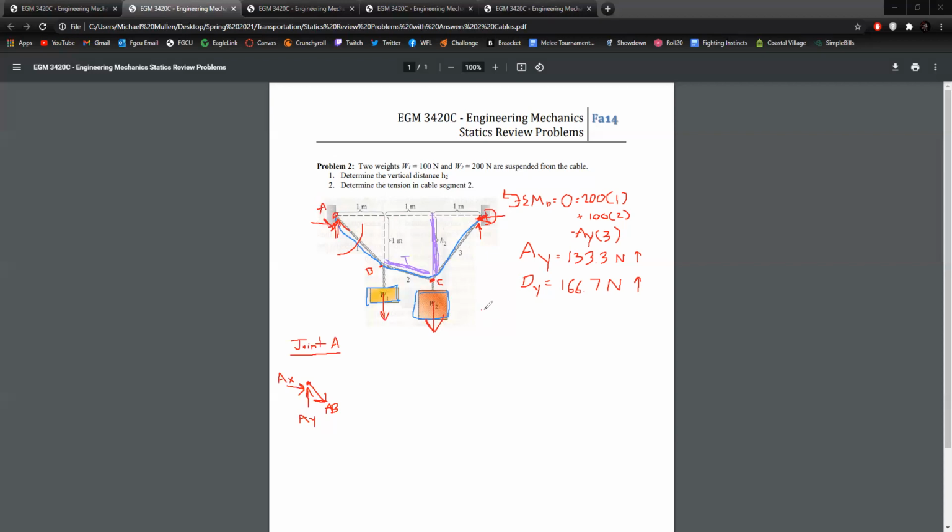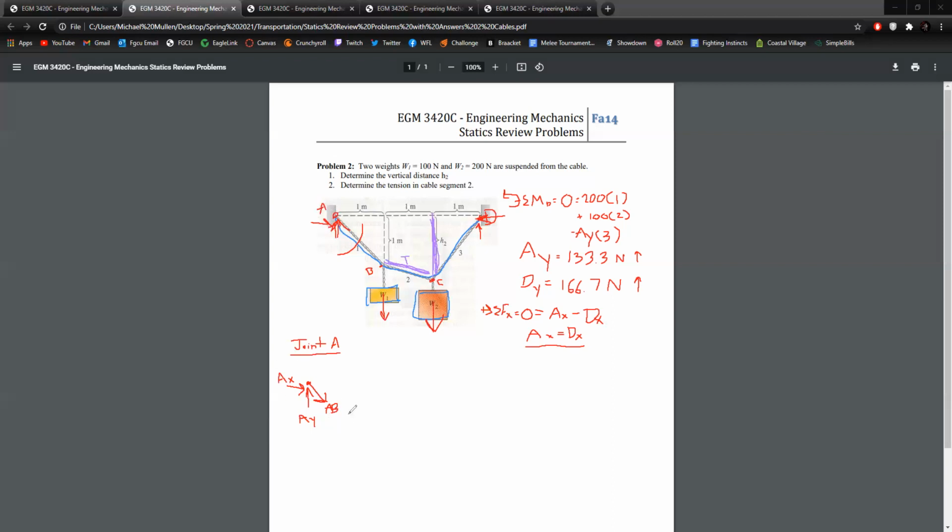I'll write it out: sum of the forces in the X direction equal to 0. Let's say positive is to the right, we're going to have AX minus DX. And that's everything in the X direction. So that simplifies to AX equals DX. We can't really do anything else with that other than know that these reactions exist. So going back to our joint A,